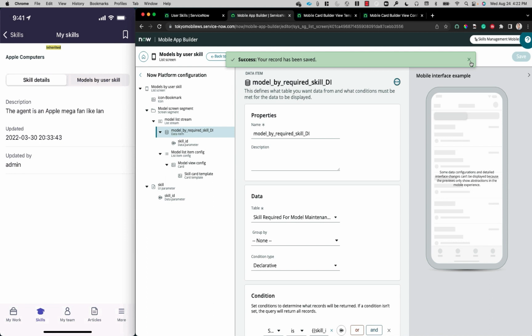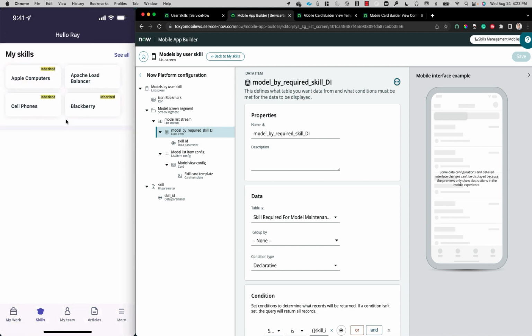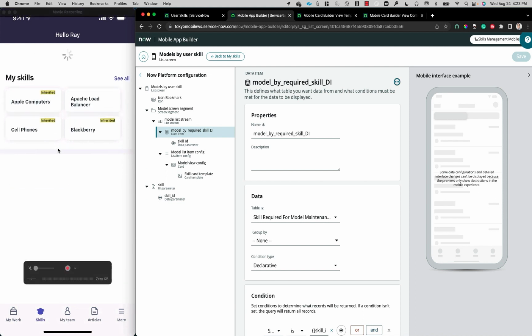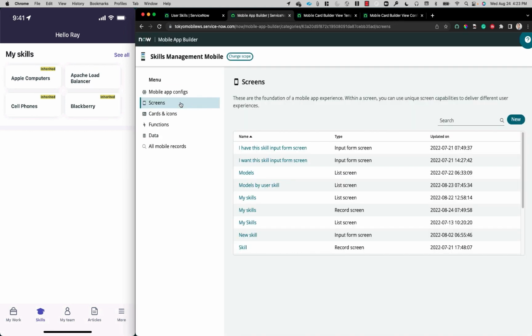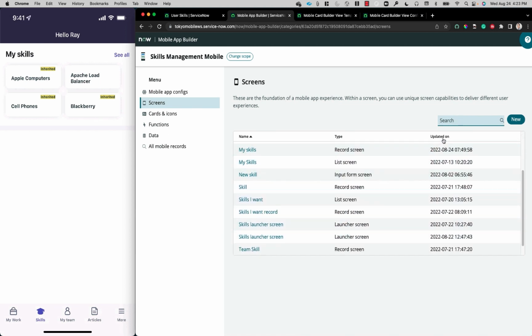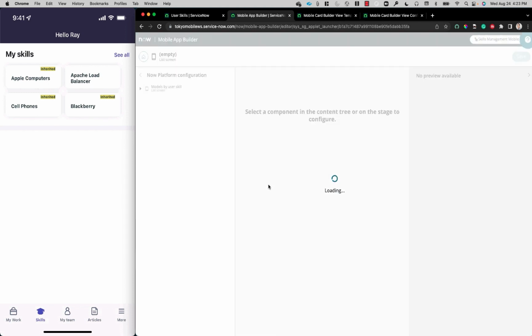Okay, so let's assume that you've gone and created your team skills I don't have screen and the related record screen tied to it. And let's say we want to add that to our main skills ALP here. So how we'll do that is we'll go back to our home in Mobile App Builder, and we can look for the launcher screen, skills launcher screen, find the one that I updated most recently here, skills launcher screen,